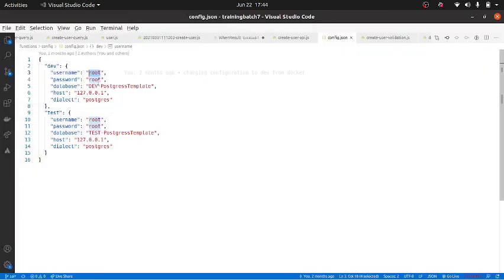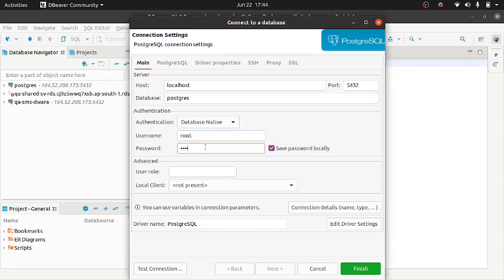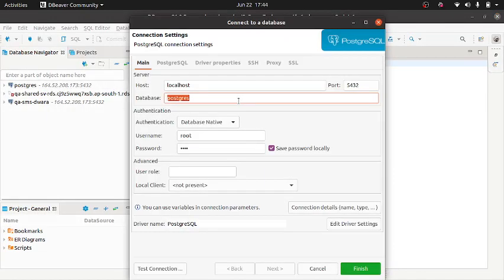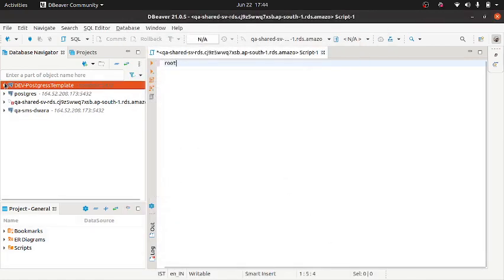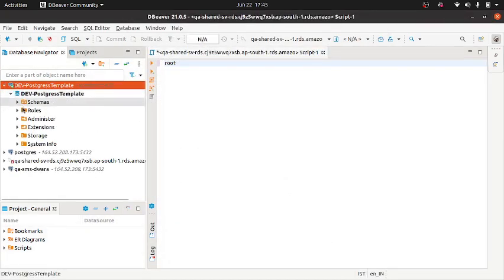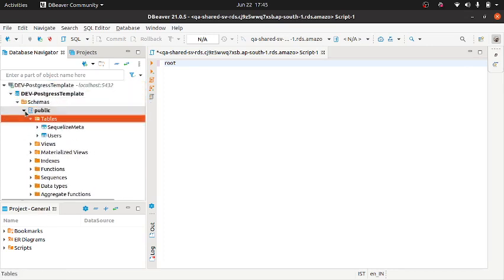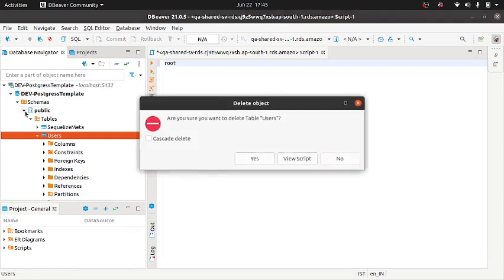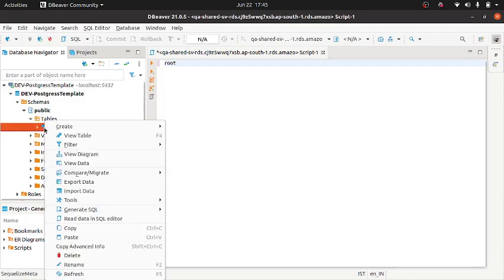Password is root, and databases, okay, schemas public, tables user. Let me delete this. Let me delete user and sequelize metadata.